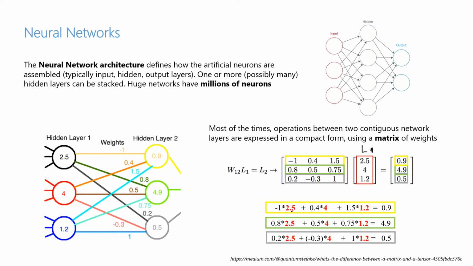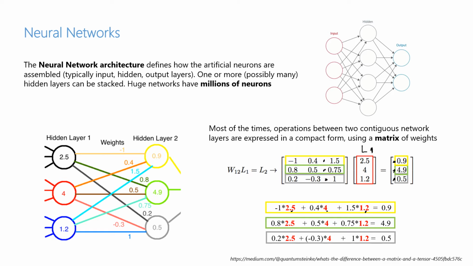These red values are always multiplied by the first row, then by the second row, and then by the third row. And we get the first value of the output vector, the second value of the output vector, the third value of the output vector. So the bottom line is that we must